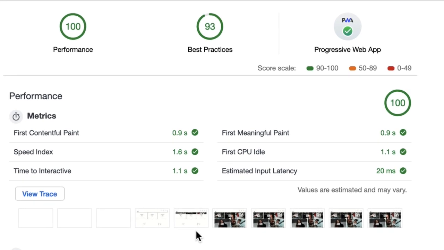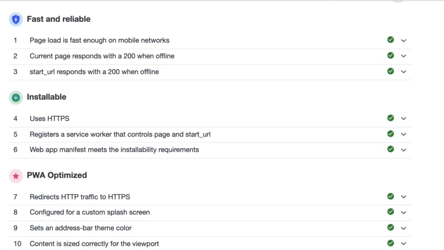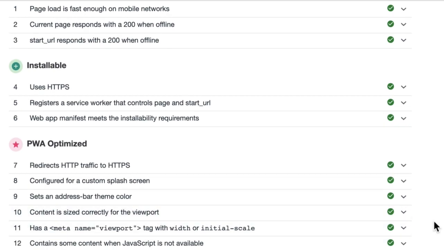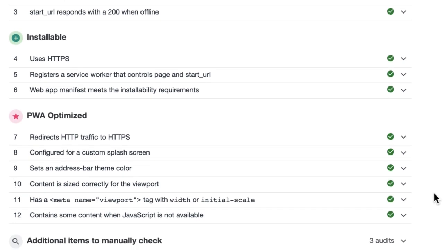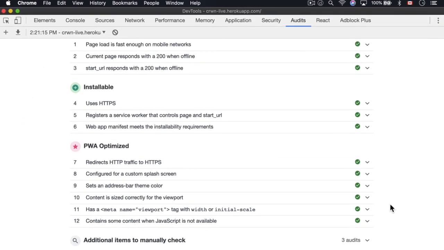And there we go. We got our scores. So we'll see that we have 100 for performance, we have 93 for best practices, and we are progressive web app compliant. So if we scroll down here, we see that we have gotten a check mark for every single one of our sections, and we're now PWA optimized. You can actually check this application inside of your phone. Now, unfortunately, since the making of this course, that add to homepage button is no longer